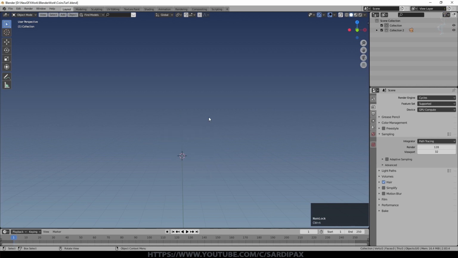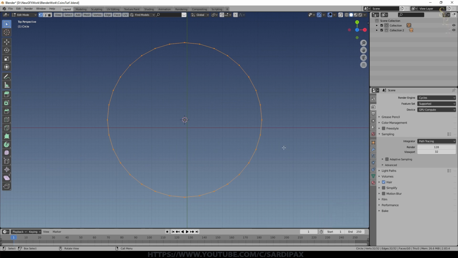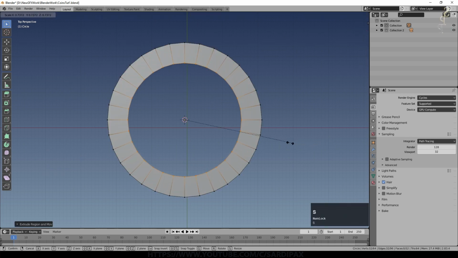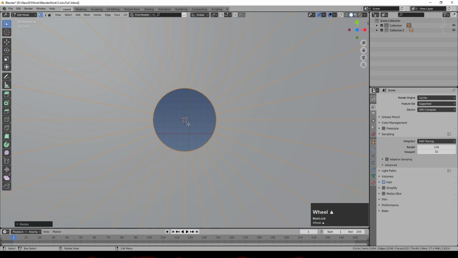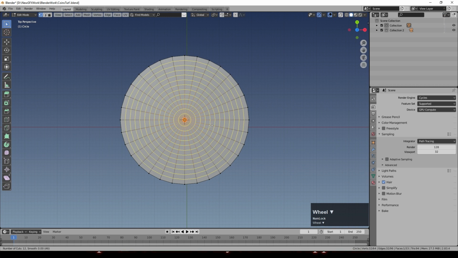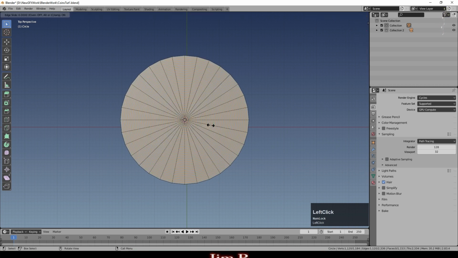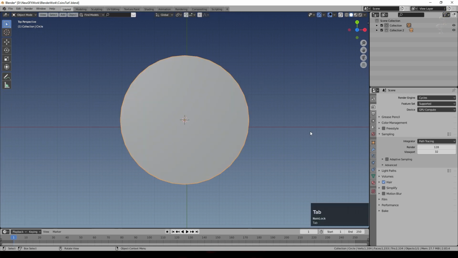So to begin with, I'm going to add just a mesh circle, and I'll just add a bit of geometry into it. So I've gone into edit mode, pressed E, clicked scale and scaled it in quite a long way, and zoom in, and I'll just fill the center there, and then Control R and fill in a few more vertices, and we're going to need more vertices than this. It's one of those rare occasions where we can actually put as much geometry within reason as we want on here, because this object isn't actually going to be in the final scene that we render. I'm just going to create one coin, but I used the same approach for all of them.